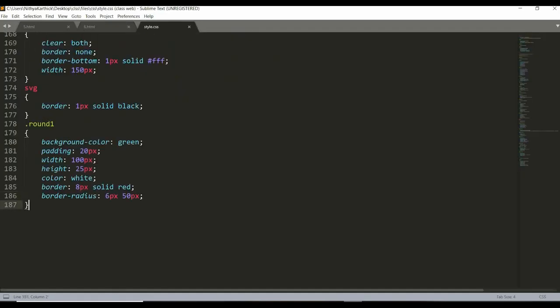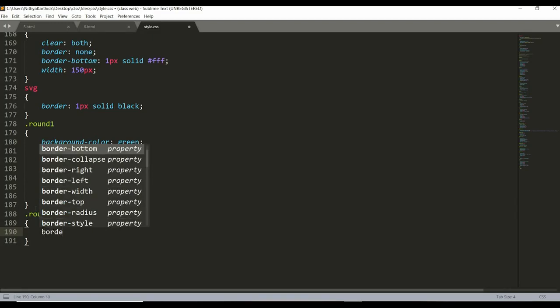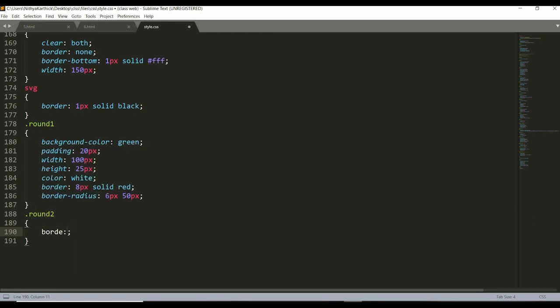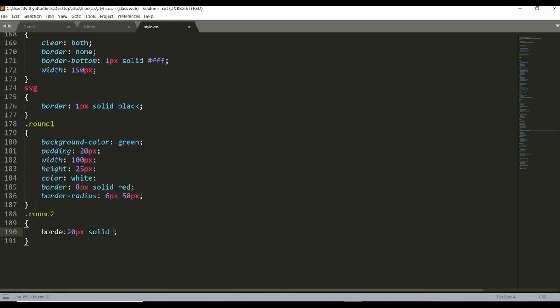Now let me go here, dot round 2. Here we can give the border similar to the previous way, border colon. I'm providing it as 20 pixel solid, but the color will be transparent.